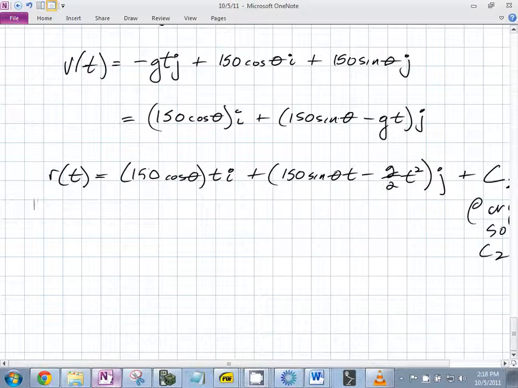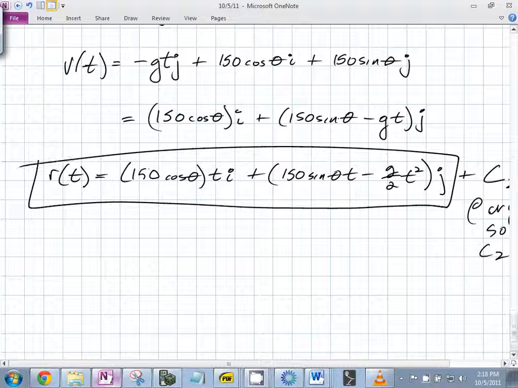So we've done this. We've solved for C2. We now have conclusively the position function, right? Set it equal to 800. This is a vector, right? It goes 800 i. The horizontal needs to be 800, right? Can someone tell me what needs to equal 800 here? Horizontal component. 150 cosine theta times t